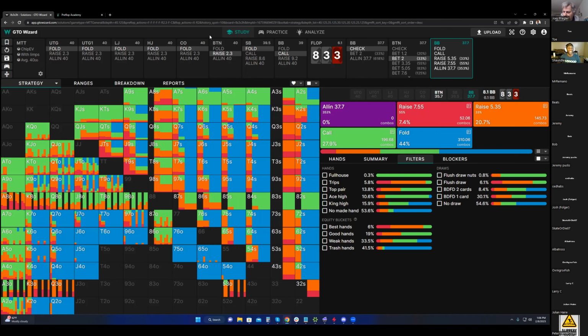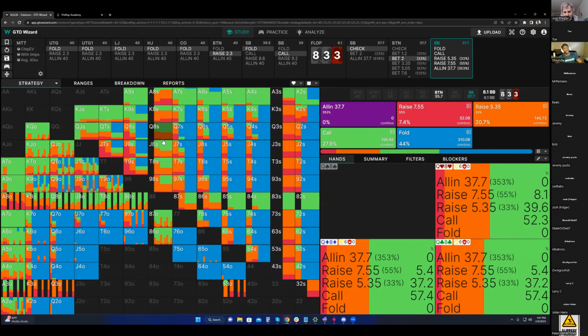But he plays online and gets absolutely destroyed when he plays online, but he crushes it live. This guy has won multiple live events. I'm not gonna out him, but he does well enough live, right? But he struggles online, and he asked me why, and I told him you've got to get away from the node lock stuff and really start to understand and conceptualize the GTO side of things, because understanding this,